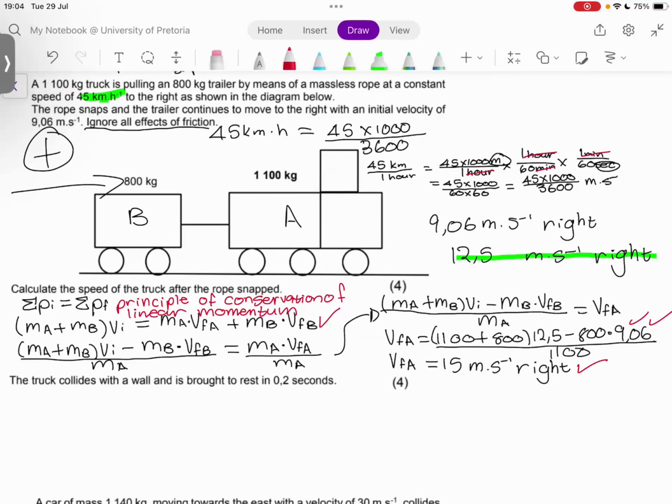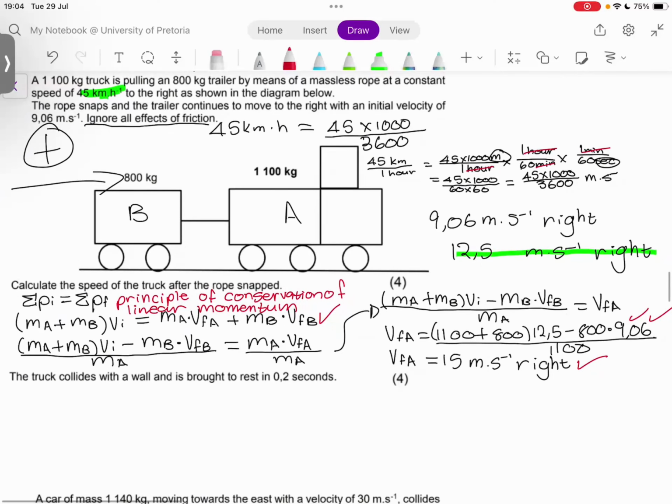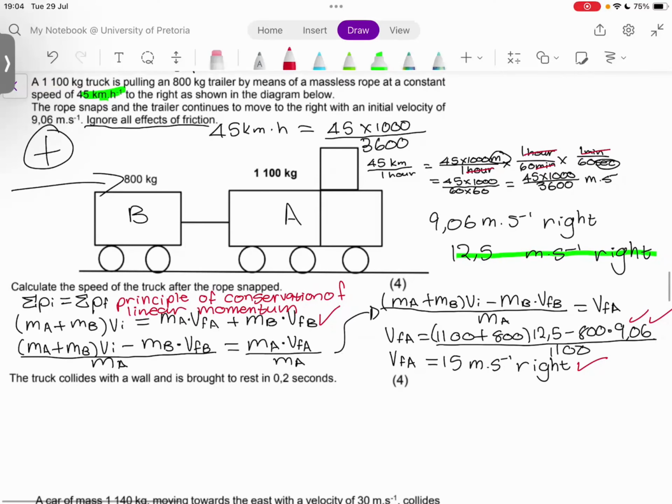Is this an explosion or collision? We'd be told whether or not it's an explosion or collision. This I wouldn't really define as either. Maybe you could call it an explosion depending on how you look at it. But you're usually told collision or explosion, or you can just determine what's going on. Here we have a single system which is constituted by two parts connected to each other, and that then separates. If you count that as an explosion, then you could say it's an explosion.